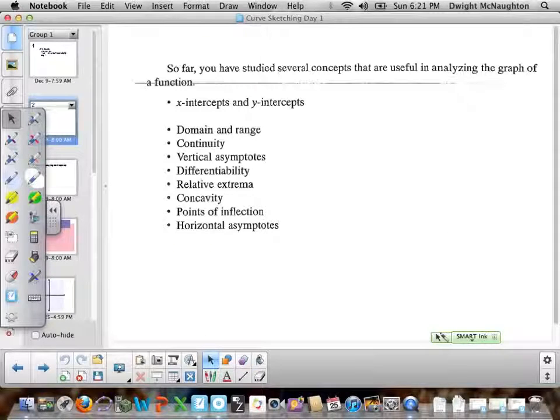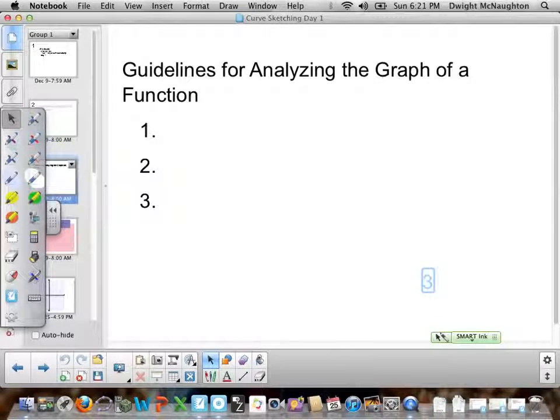So just in summary, we've done x-intercepts, y-intercepts, domain and range, continuity, asymptotes, differentiability, extrema, concavity, inflection, and asymptotes again. We're going to put it all together. We're going to do some curve sketching. All right, so some main ideas, what we need to do, guidelines for analyzing the graph of a function or